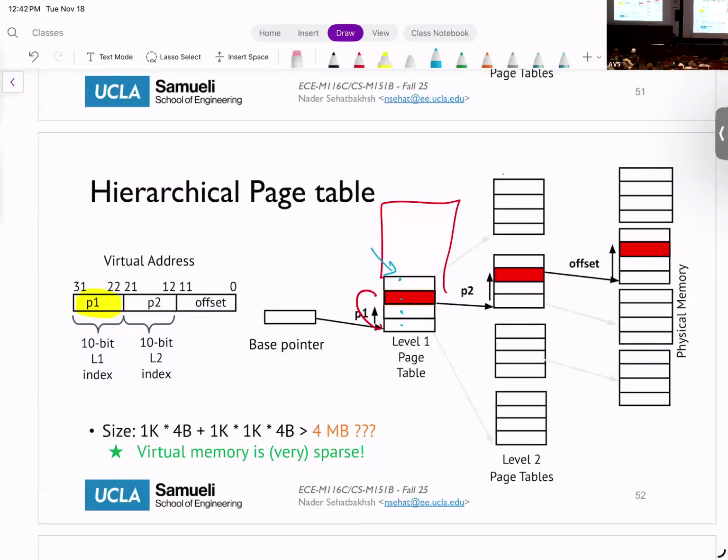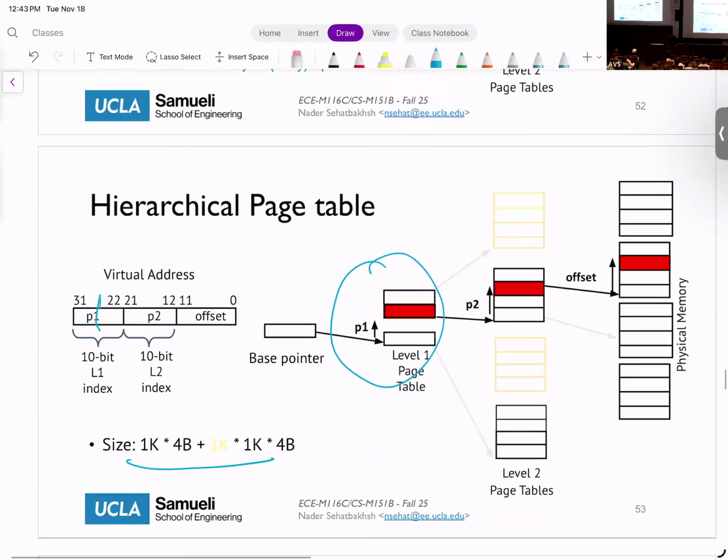So you don't need to assign these tables, because this one, for example, points to this one. This one is pointing to this one. This one points to this one. So if this address is empty, this address is empty, you don't need this table, you don't need this table. So you don't need to store them anyway. You only store them when you actually assign something to them, okay? So as a result, what you're actually storing is much, much less than what you think you're storing, and the overhead of the page table is less.